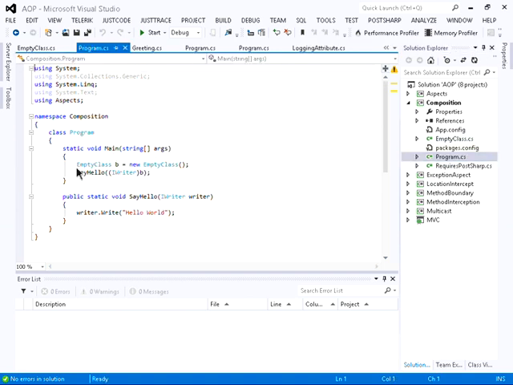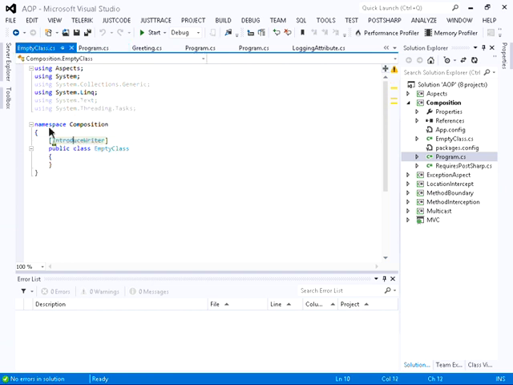And what we see here is we instantiate a new empty class. And then we actually cast it to being an iWriter, which then we call the say hello method with, and then we actually call the write method on the iWriter interface. If, for example, we go back here and take this off, we try to compile our project,